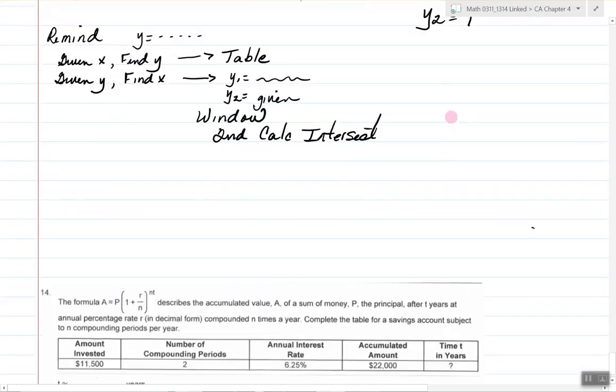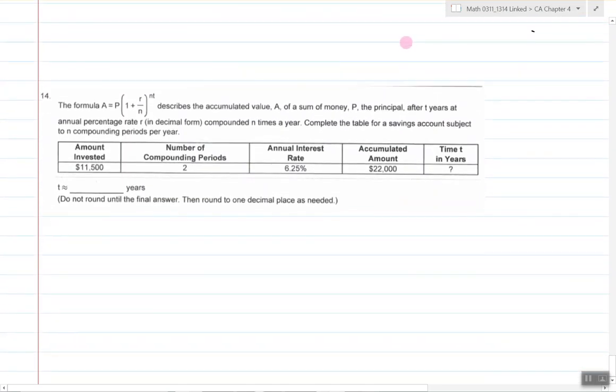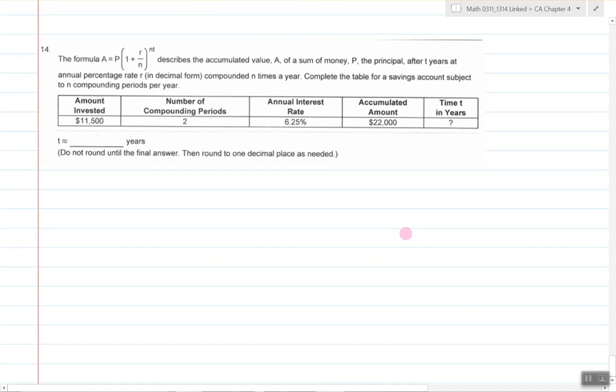All right, so now we have a problem that is compound interest again, but this time we're not going to just plug in the principal and the rate and the compounding periods and so on and solve for A. This one, same formula. We're going to complete the table. We want to know time. All right, let's use our graphers to do this. So we have A is equal to,